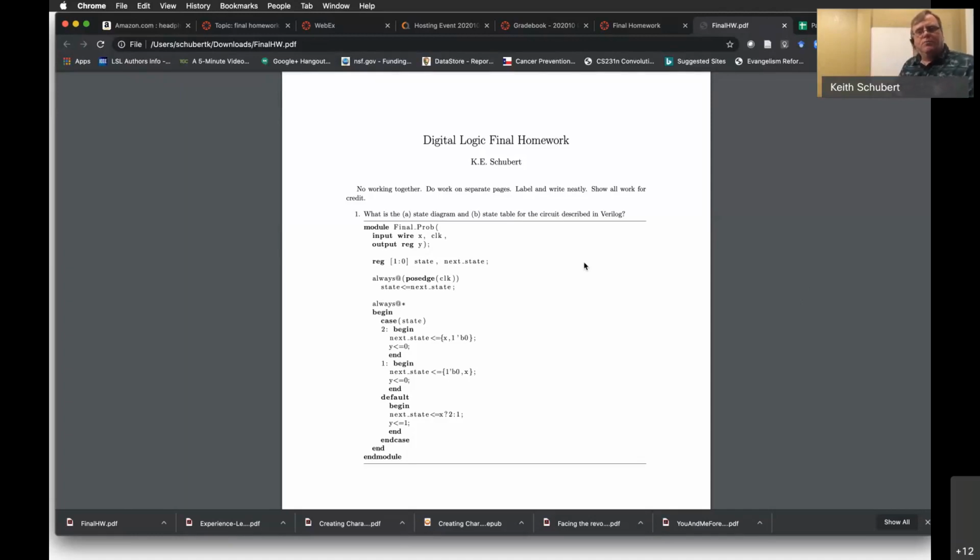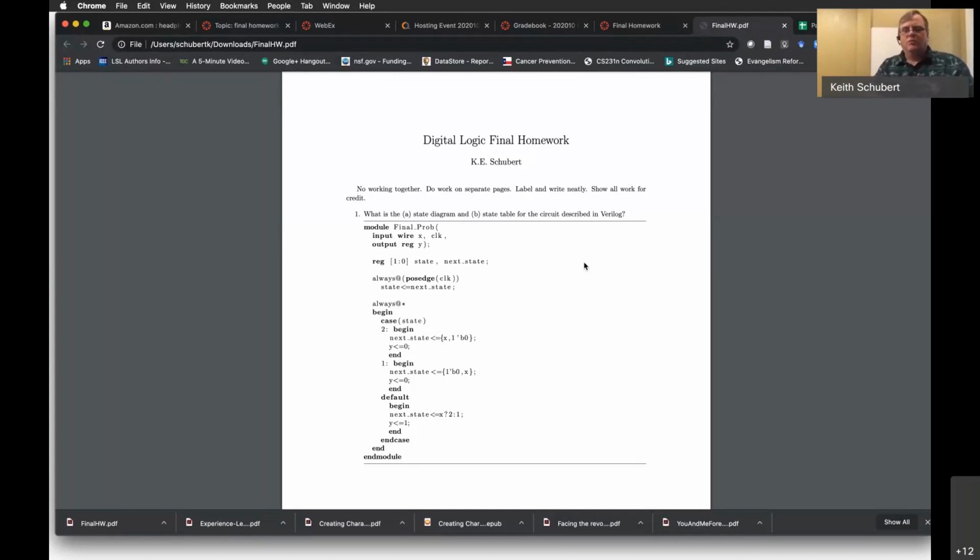The first problem in here checks a couple of different things. Number one, it sees if you can read Verilog. It's not actually the best because this is pretty old text. I took this from a